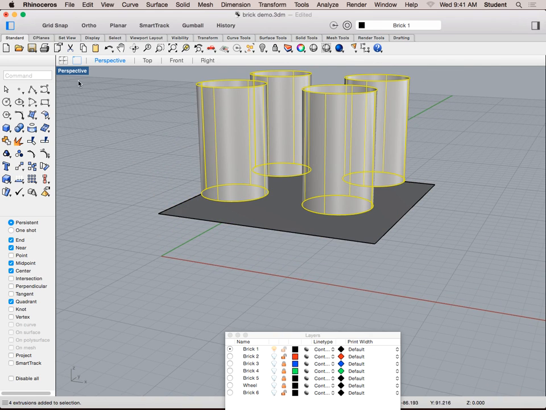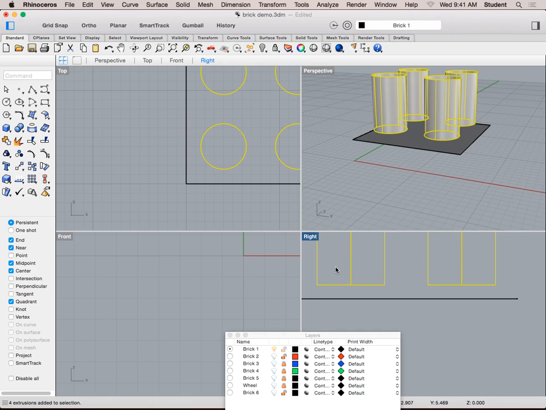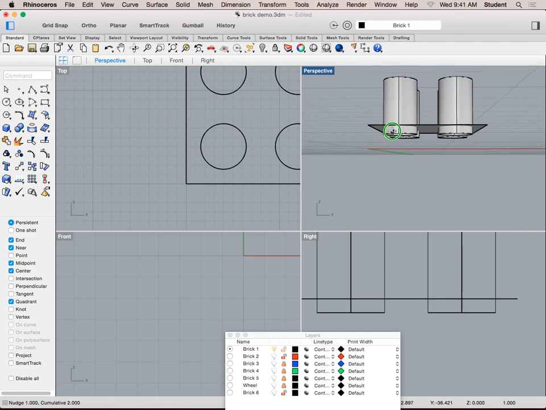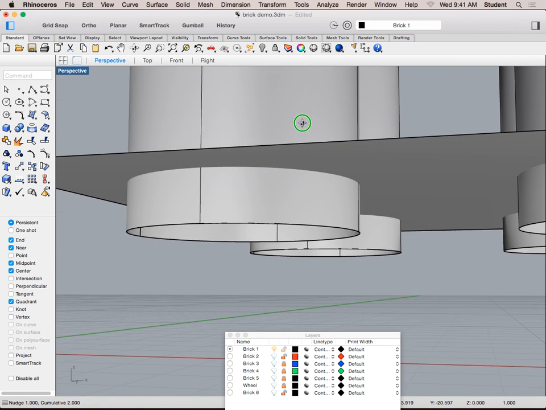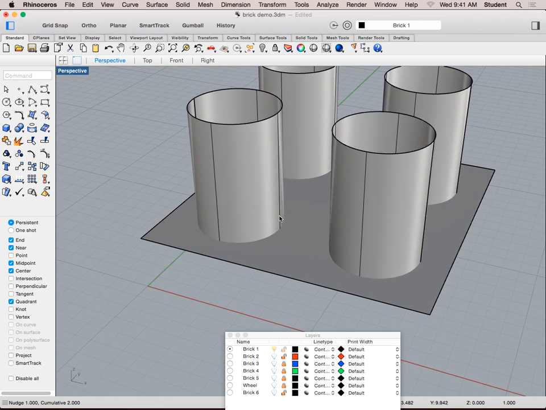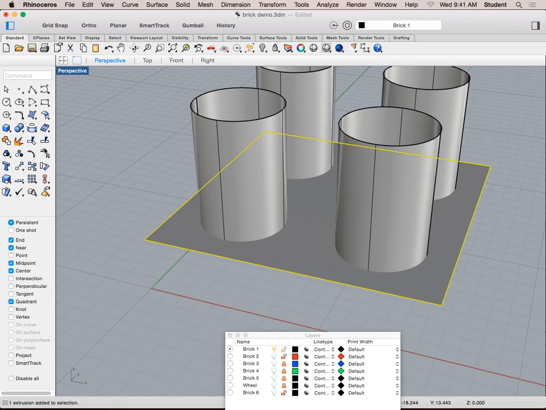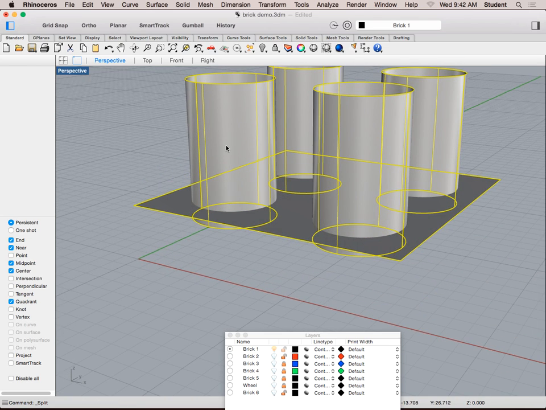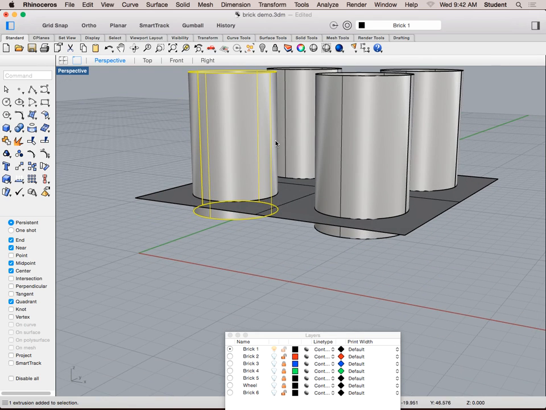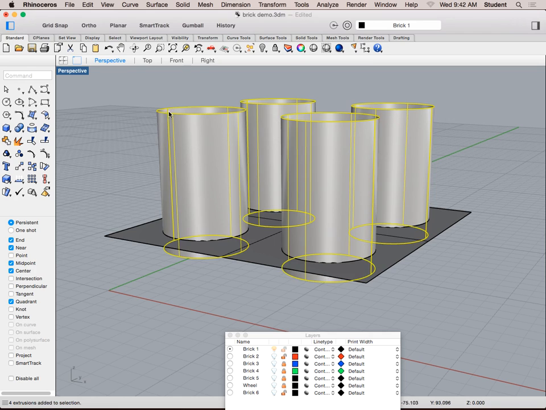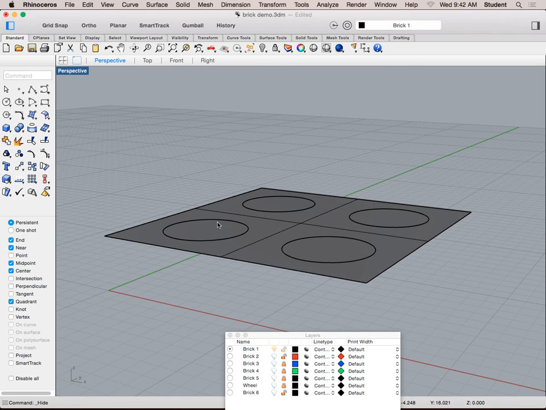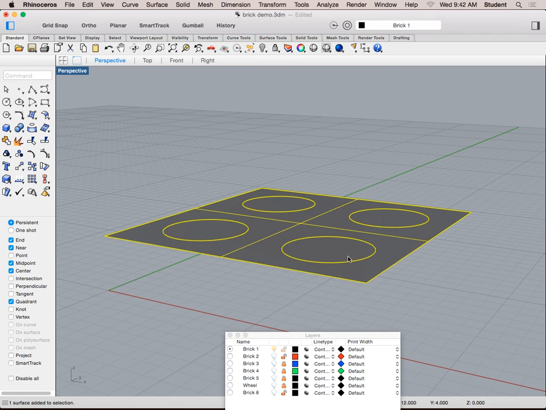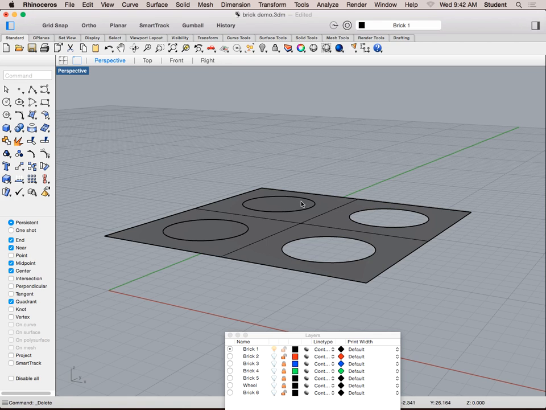These 4 surfaces need to be either touching this exactly right on, or it can even be popping through the surface, like so. As long as they're going through the surface, then I can take this main surface, say split, it says select cutting objects. Select these, hit enter. So I still have my original objects, which I could hide. And then you see I have split this into